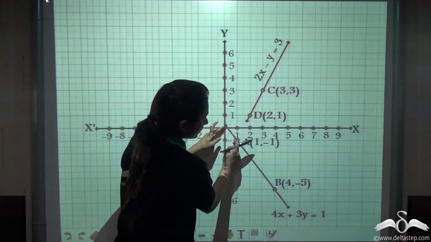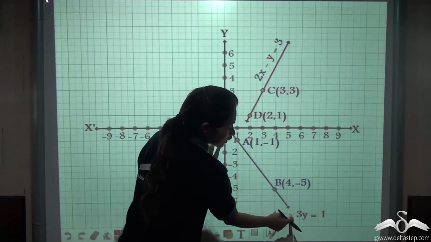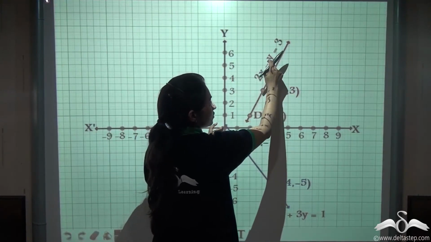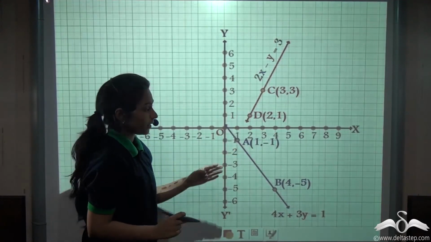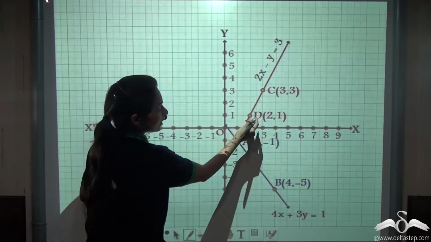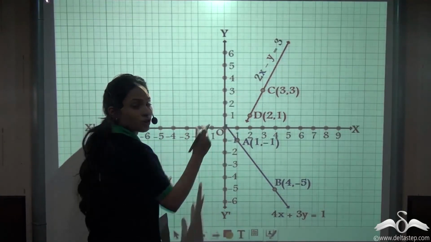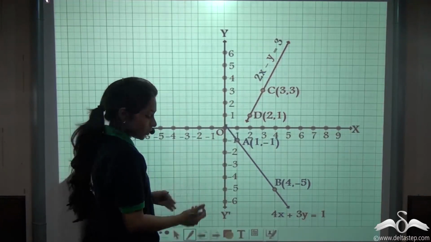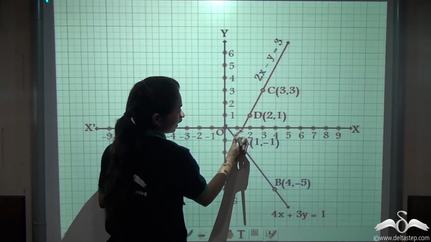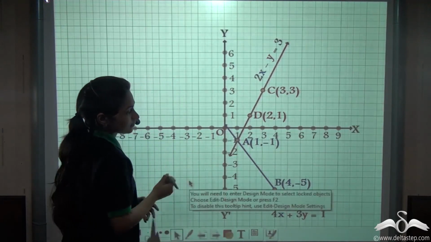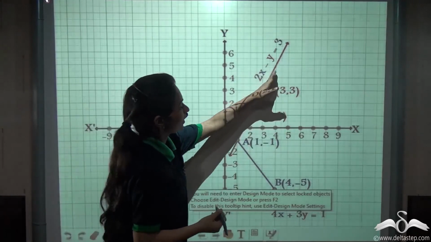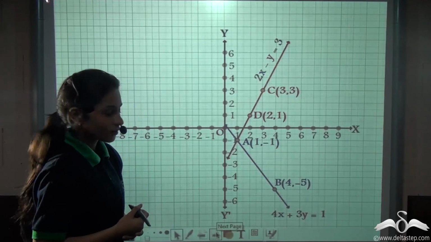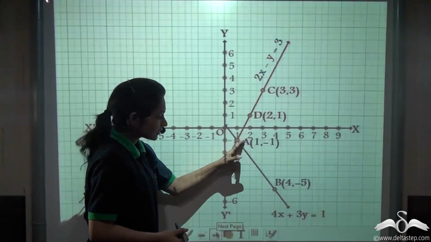Well, look at this. This line is a straight line which represents 4x plus 3y is equal to 1. Even this line, which is the red line, represents 2x minus y is equal to 3. Now they are not intersecting. But you know that these are straight lines, and if we extend this line, the equation of the line will not change, because any points that fall on this line are solutions to this equation. So what if I extend this line like this? You can see that after extending this line, this is intersecting the blue line.